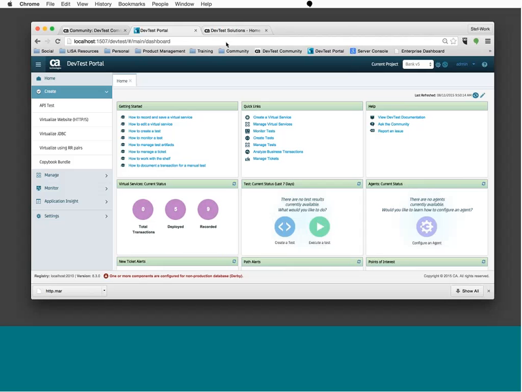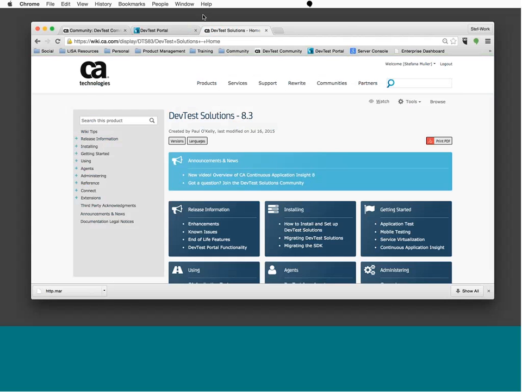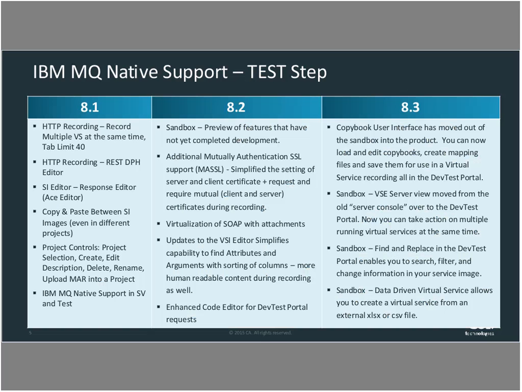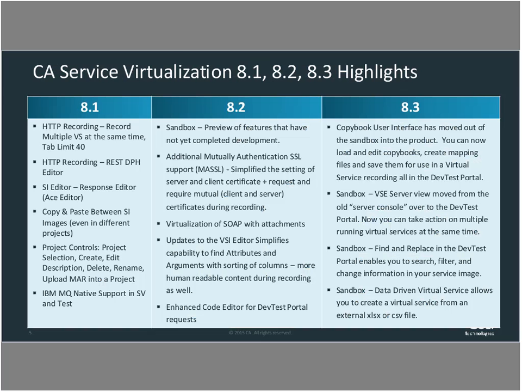If we go into my PowerPoint, sorry for going back and forth. Remember, if you have any questions and want me to stop or pause, just ask those in the Q&A panel. Going back to the presentation, I'm going to go back a few slides to the highlights. Here we go. So I went through the Sandbox with you. The other features that I'm not going to demo today, but just share with you what it looks like, is